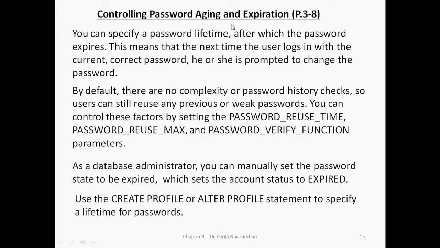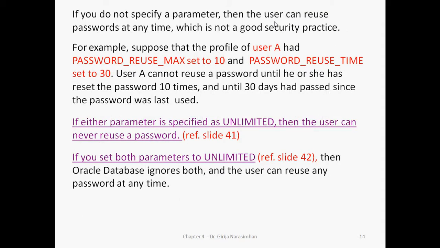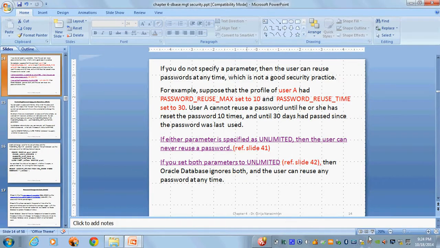Controlling password aging and expirations. This is another one. Before that I will finish this tutorial like this. Then we can go to the end because I want to complete this. Then we can see the